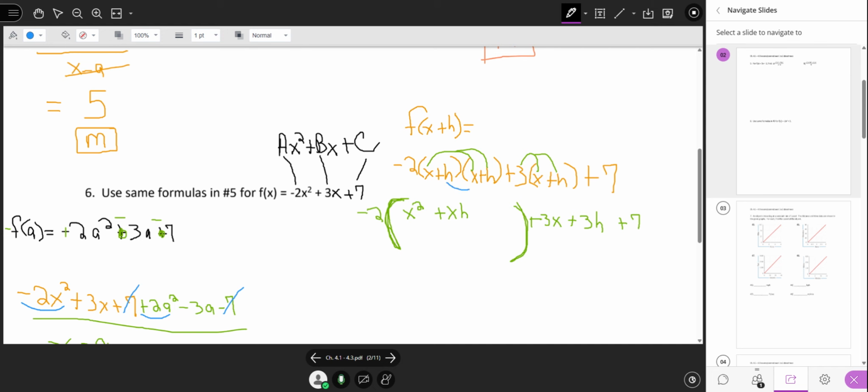Now, h times x, keep it in the same order as you did the last one. And then h times h,